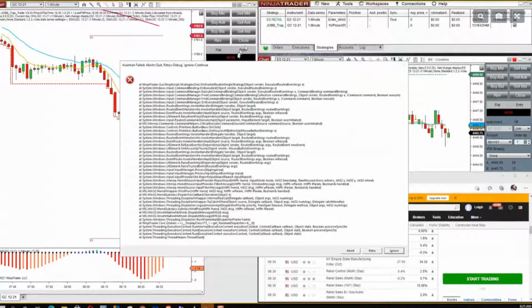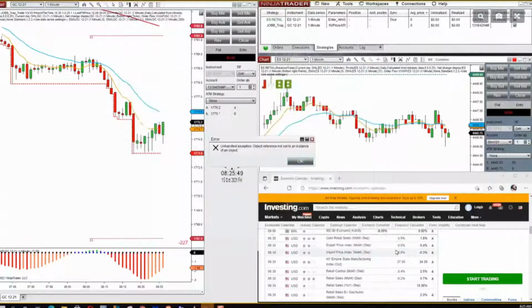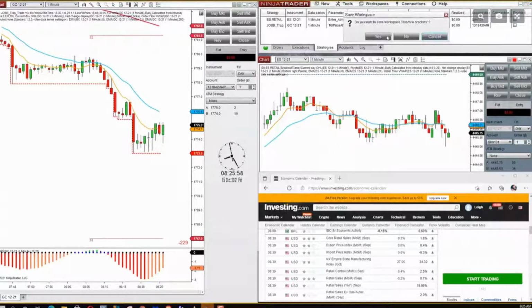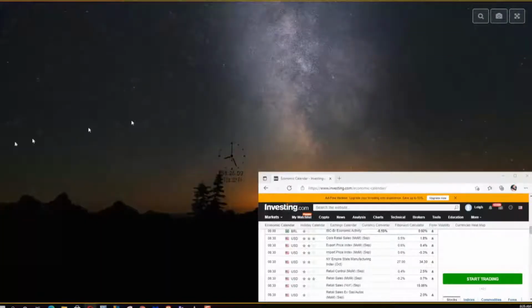Okay, that's a Ninja Trader bug. So folks, I have to redo my Ninja. I'm very sorry. I've seen that before. I'm very, very close to the time of the trade.